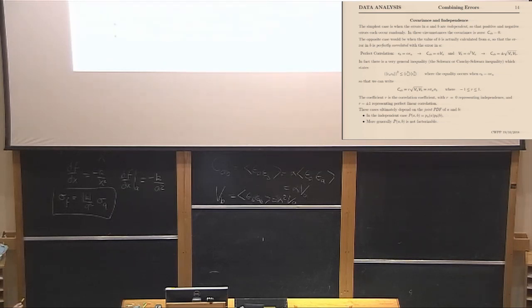And so in general, the covariance must be some number times VA VB, where that number, R, is called the correlation coefficient and lies between -1 and 1. Okay? And so the